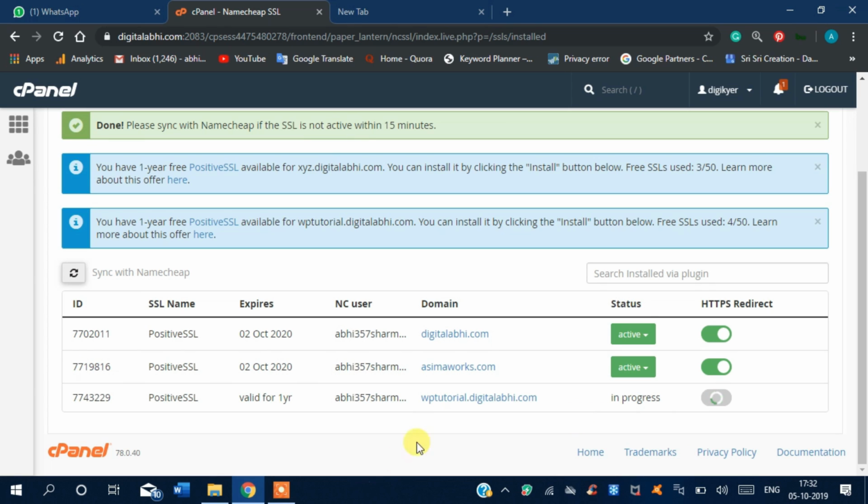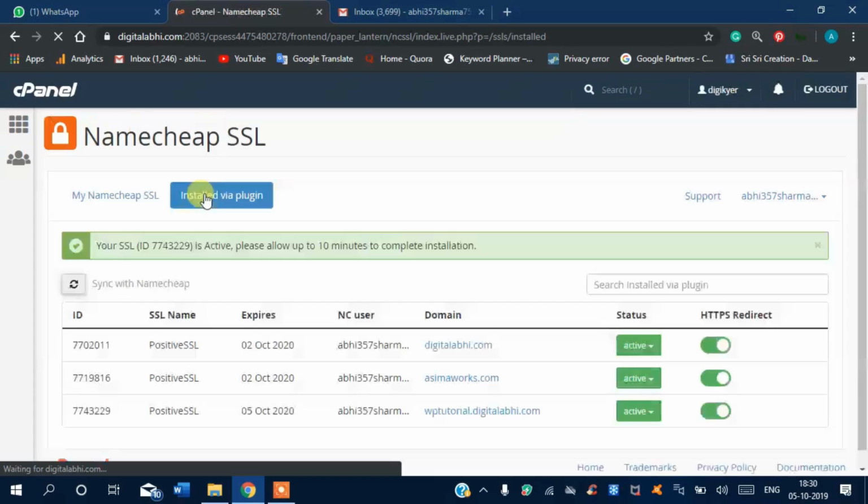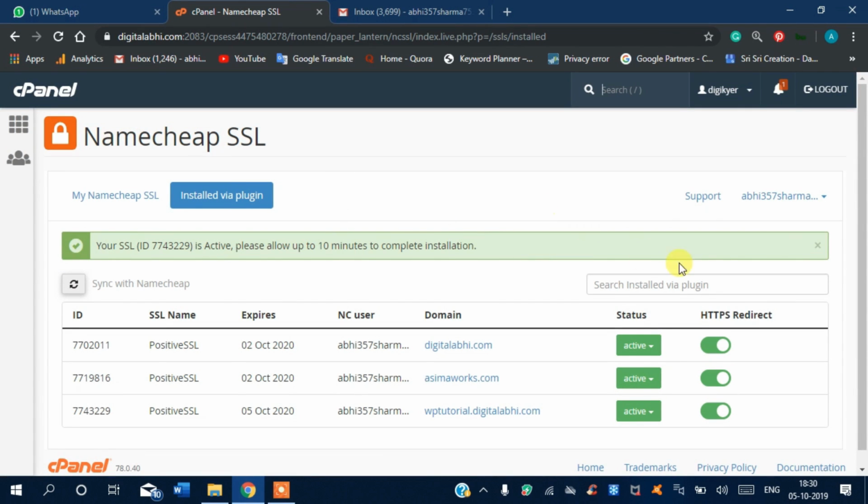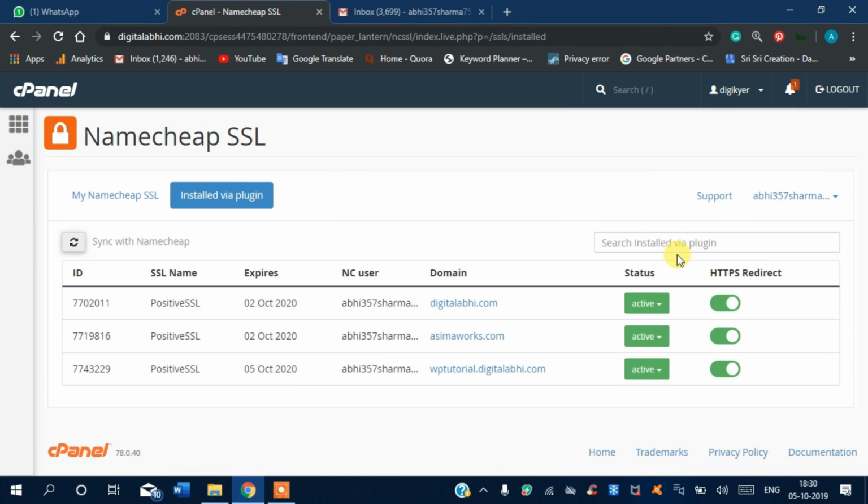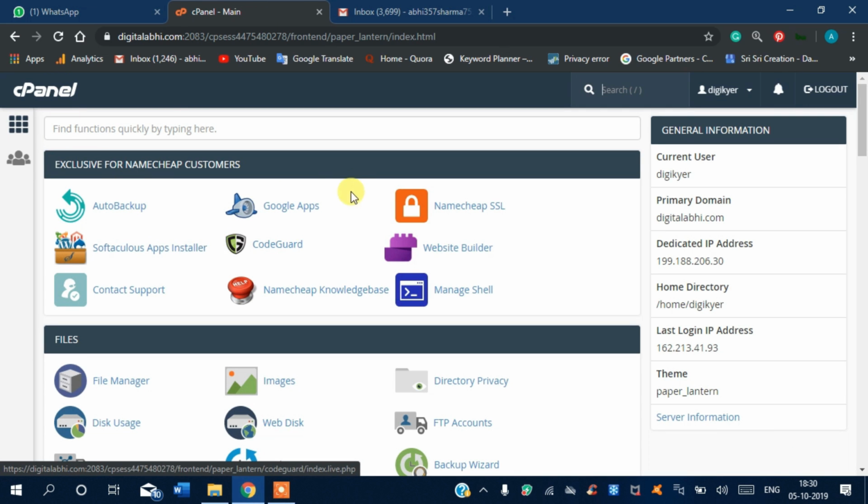I'll pause the video till the SSL is activated. Okay, now as we can see, the SSL is installed on the subdomain, wp-tutorial.digitalavi.com. So we will head over to cPanel and install WordPress on the subdomain.